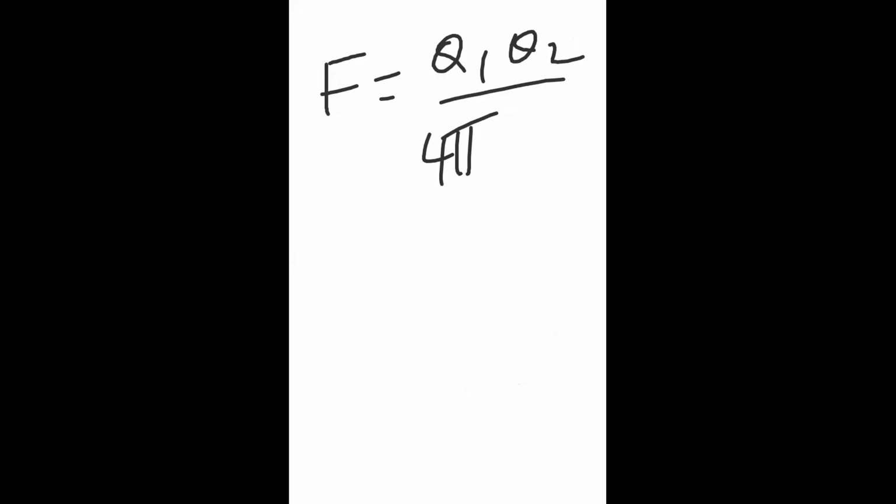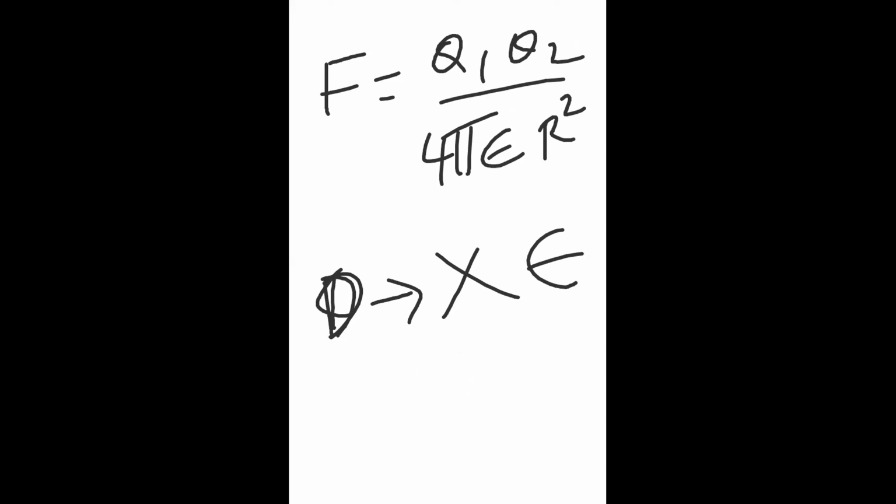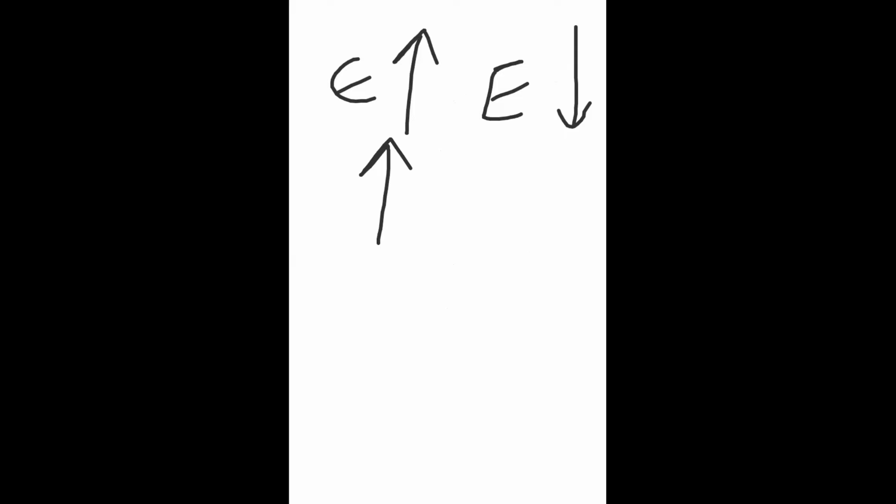And then finally, we have concluded the force between any two charges depends on the charge value and the distance between the charges, 4 pi epsilon r square. And we have seen one more thing, that the parameter D is independent of epsilon, whereas the electric field depends on epsilon. And also as the epsilon value increases, electric field decreases. The more the permittivity value, lesser will be the electric field.